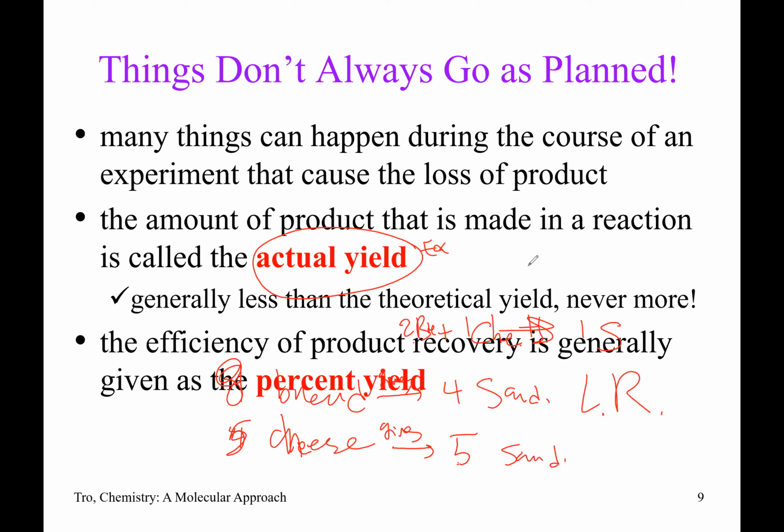Theoretical yield is what we can find on paper based on using all the limiting reactant. If the limiting reactant is consumed entirely, you can come up with the amount of the product that is possibly formed, and that amount is called the theoretical